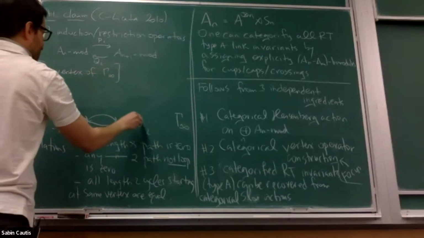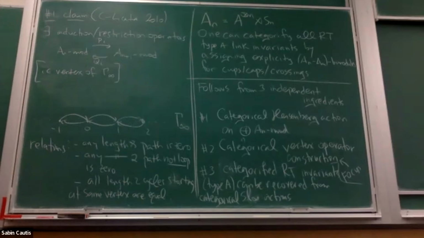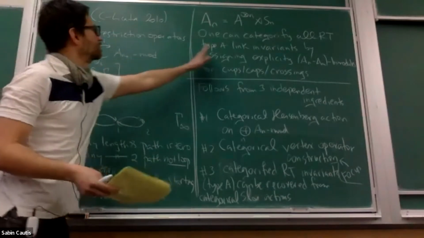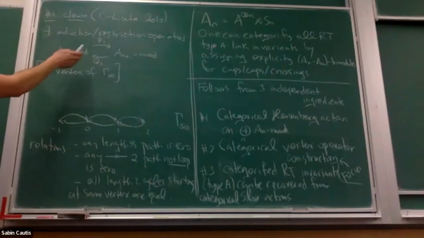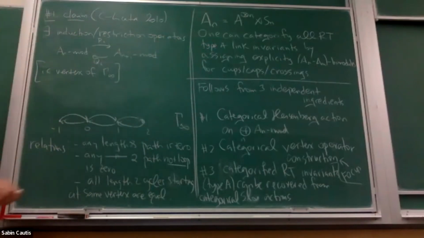So for each vertex i you have 2 operators like this. I guess infinitely many operators, because for each n you have an operator that keeps going that way. And for each i you have infinitely many operators P_i that go that way, and infinitely many operators Q_i that go this way. And what are the relations